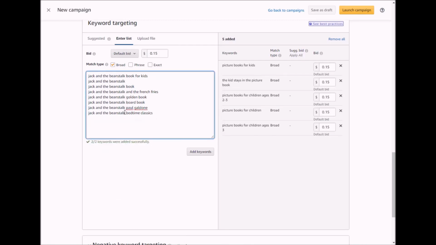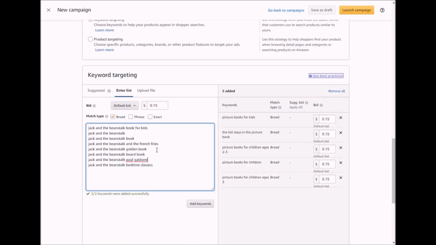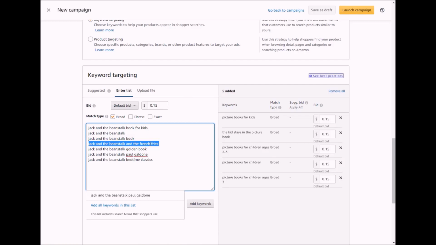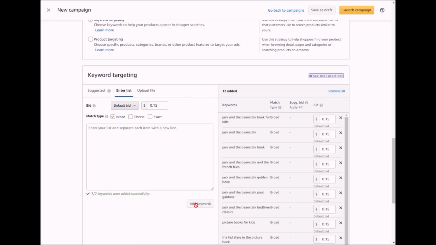Well, here you go. Bedtime classics, never would have even thought of that. We're going to take out board book because that's not relevant. This one normally I would take out, but it sounds like that's actually a title of a book, so we're going to leave that one in. Okay, we'll add these keywords,